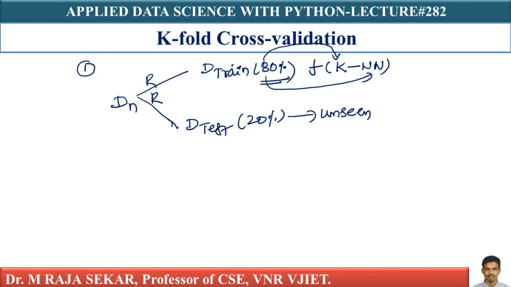That's important here. I will compute accuracy, the accuracy of the function f, that is knn, using test data. I can compute accuracy of this particular function f using test data. We should never use D test for computing my function f, that is knn. Let's see how it works.